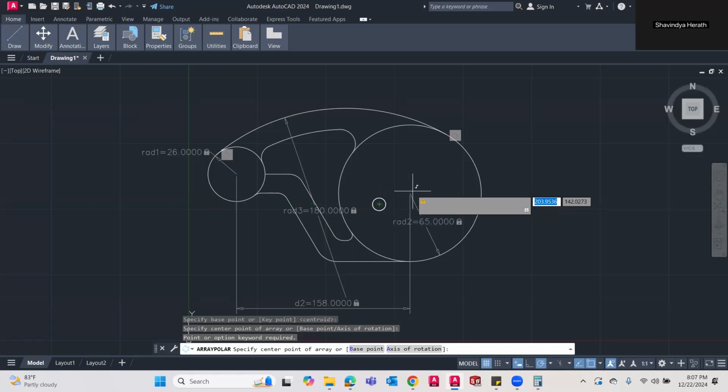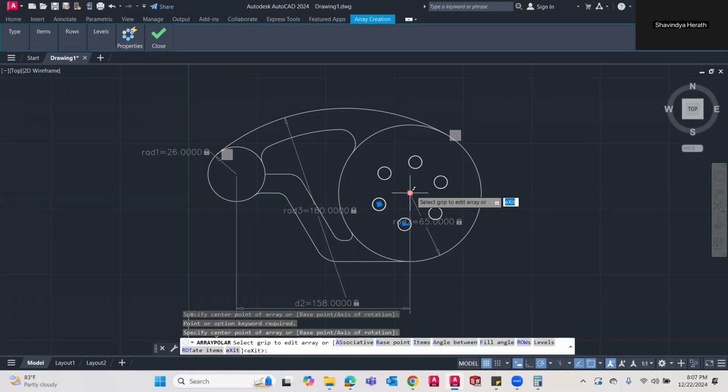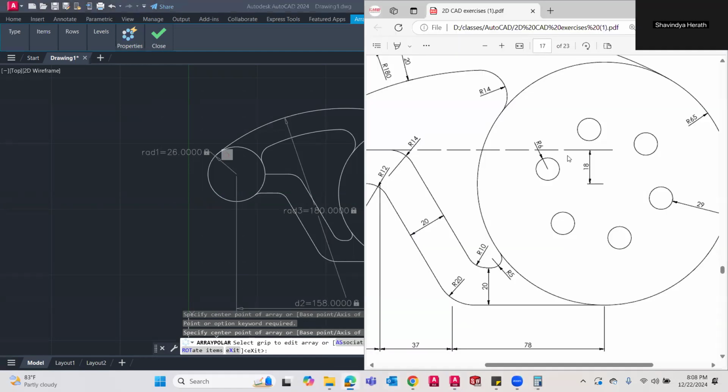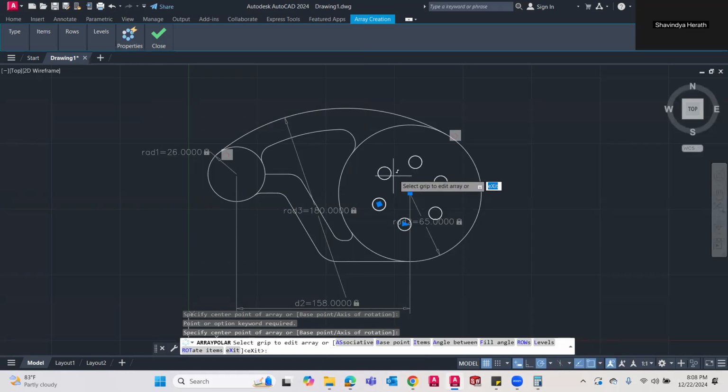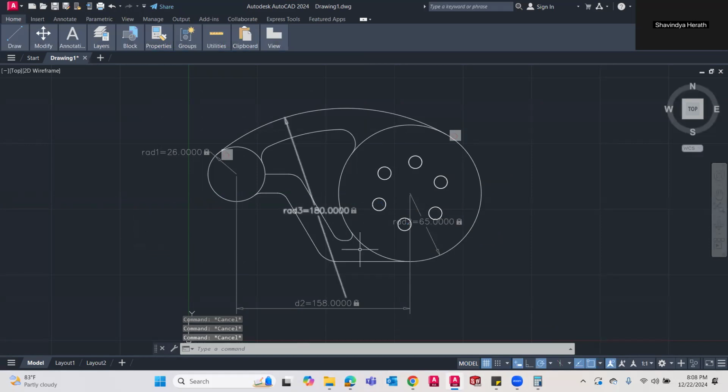The other base point will be this center point, and now this is okay. Right, how many I need? How many circles? 1, 2, 3, 4, 5, 6, right? 6 are there, right? Then I will present. Right, this is how we will do a polar array.